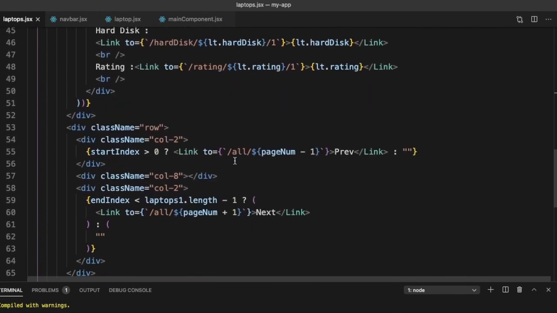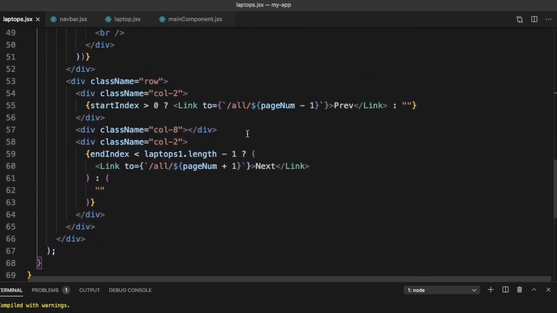Because we have not implemented it for the others. We just mapped it to all. So let's now do that. So here what should we do? Now we should say if not category. If category was falsy, which means this is our index. Otherwise, what should be a link?